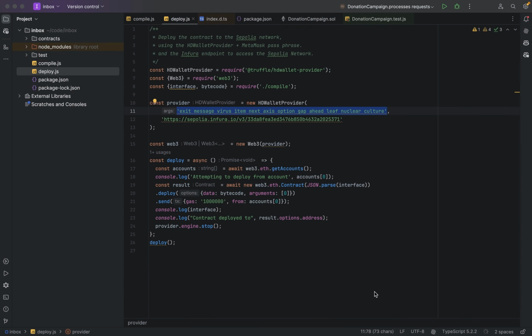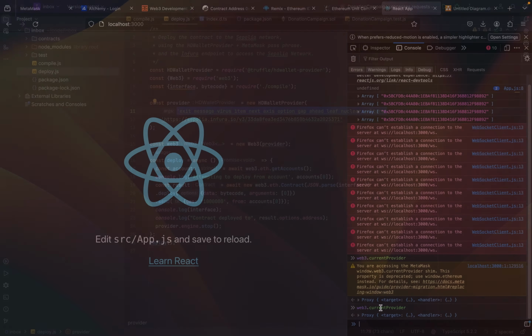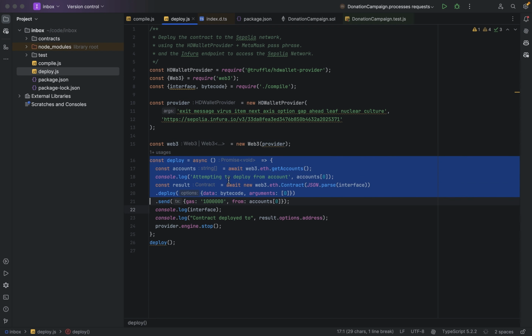initialized provider, which will provide you the correct provider for interacting with the accounts listed in MetaMask, which you can actually replace in your constructor call to the Web3 library. So once Web3 is initialized, you can use the rest of the code as it is. You can use the rest of the code to deploy contracts, or you can use the rest of the code to call functions on an already deployed